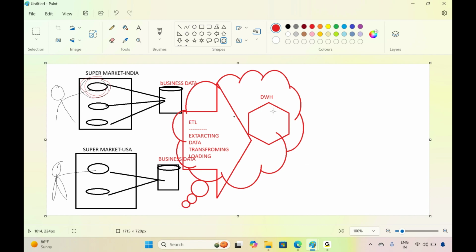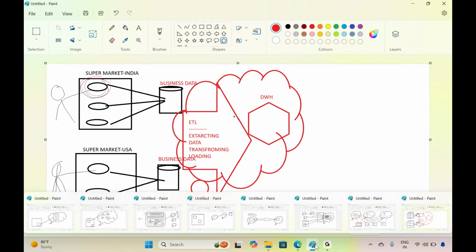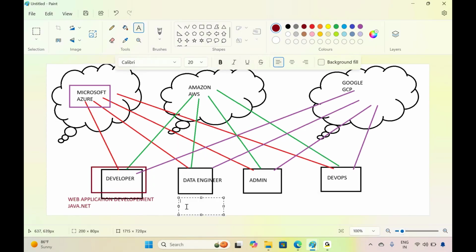As a data engineer, your role is processing and designing ETL pipelines to store the business data in one centralized repository.